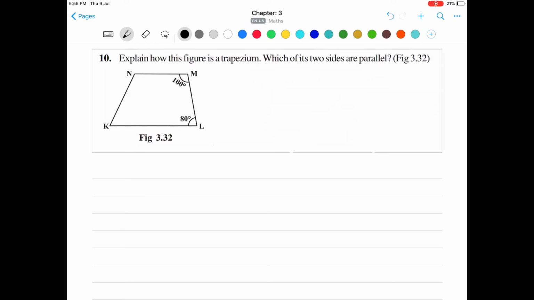By simply looking at the figure, we can find out that the sum of angle M and angle L will be 180 degrees, and we know that the sum of the adjacent angles of a parallelogram is 180 degrees. Okay, so write answer number 10 right from